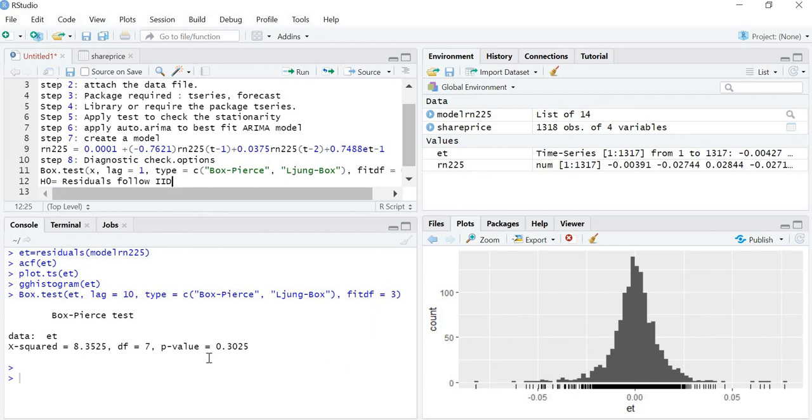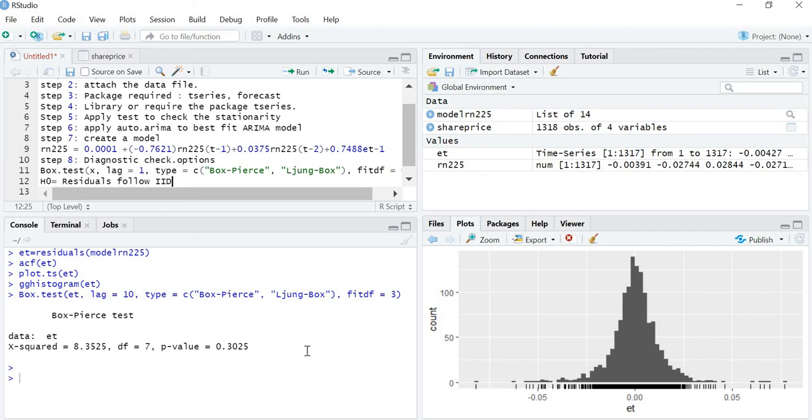If you see the result of the Box-Pierce or Ljung-Box test, it says that your p-value is more than the 5% level of significance, which means we accept our null hypothesis. It gives us the validity that my residuals are independent and there is no correlation between my residuals.